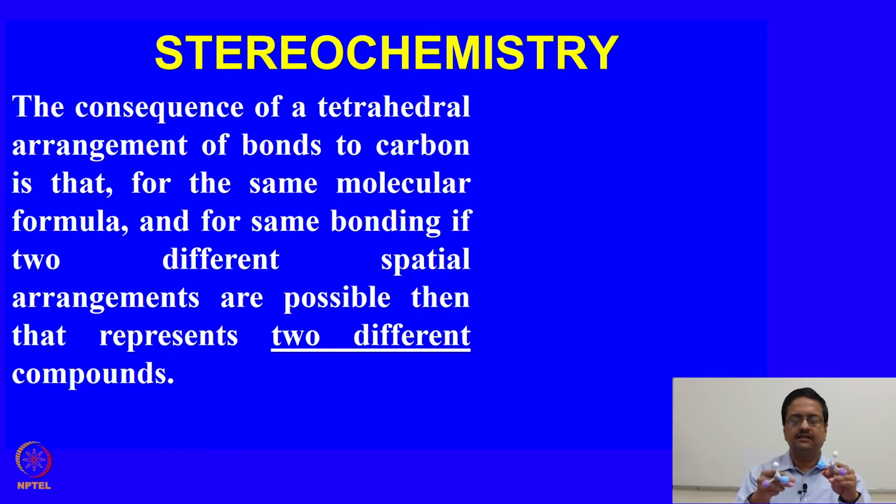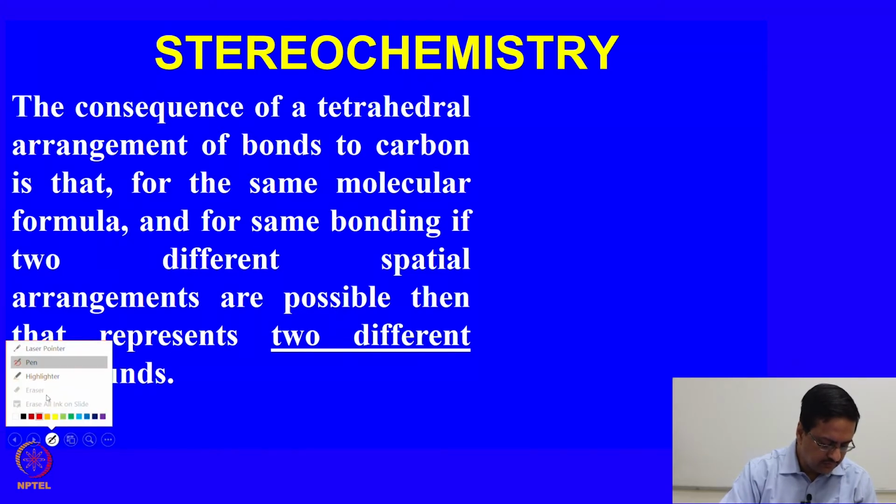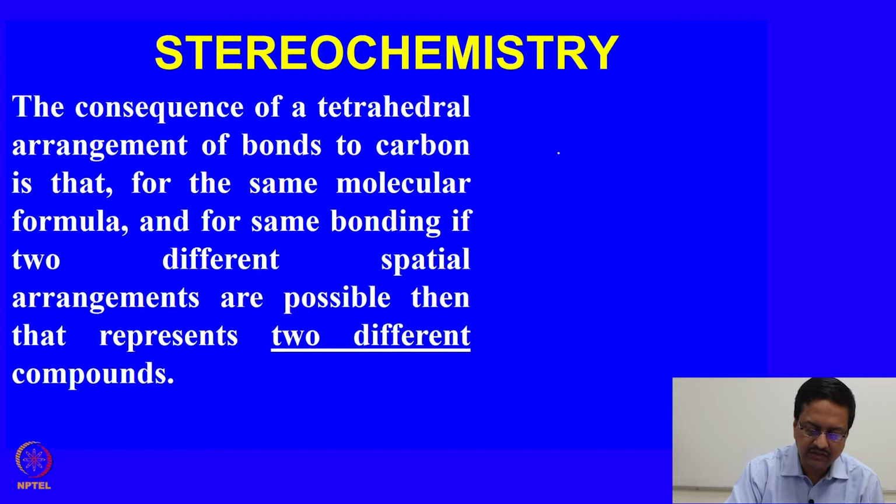What we see here, these two molecules are now mirror images of one another. The blue and blue are mirror, red and red is a mirror, purple and purple is a mirror, and the hydrogen is also at a mirror position. So therefore, two molecules having the same set of groups but arranged in a different way will result in two different compounds. So the way we draw that in two dimensions is this.